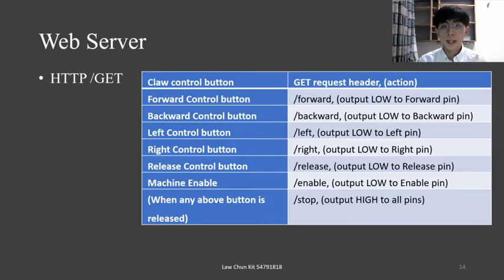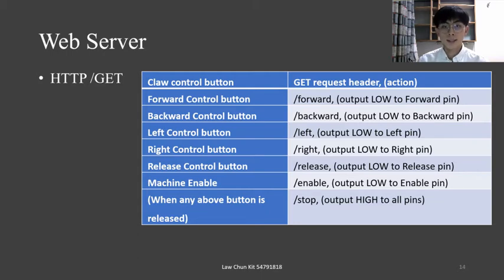The web server simply uses the HTTP GET function to communicate. It determines the header sent to the ESP32 from user input and executes the action. For example, when the user presses the claw forward control button, the ESP32 will receive a forward header and then output a low to the forward pin on the crane machine motherboard and make the claw move forward. When the button is released, a stop header will be sent, outputting a high back to the forward pin to stop